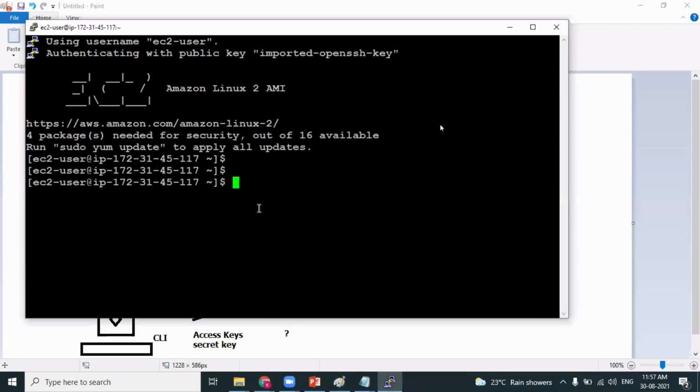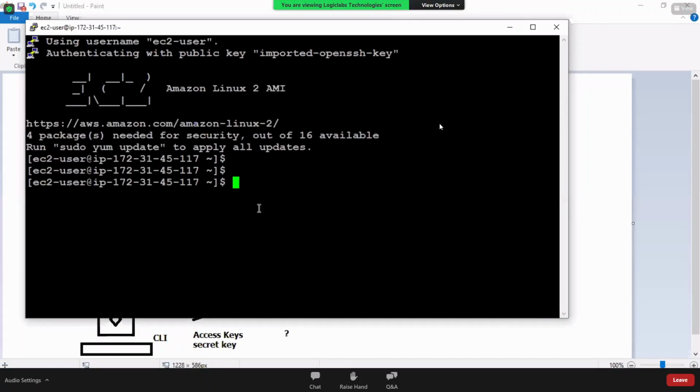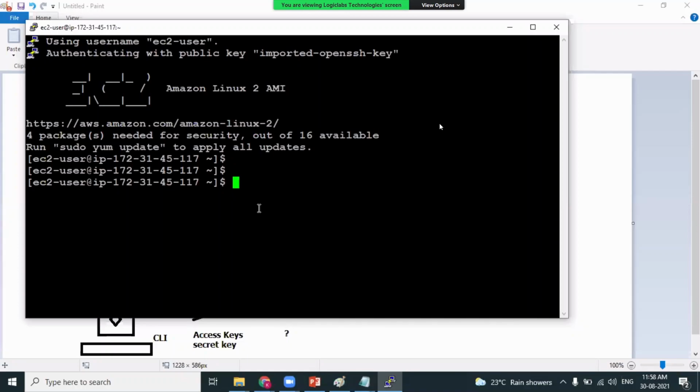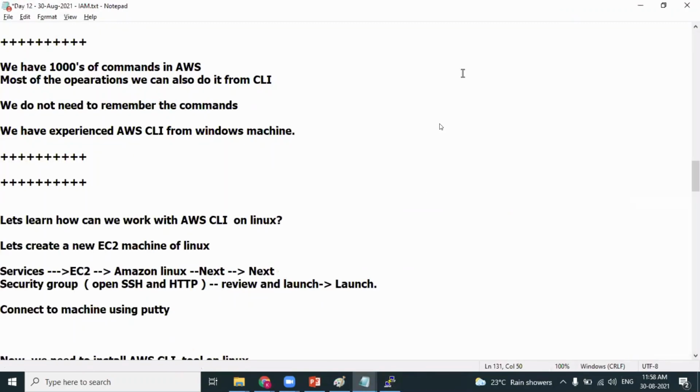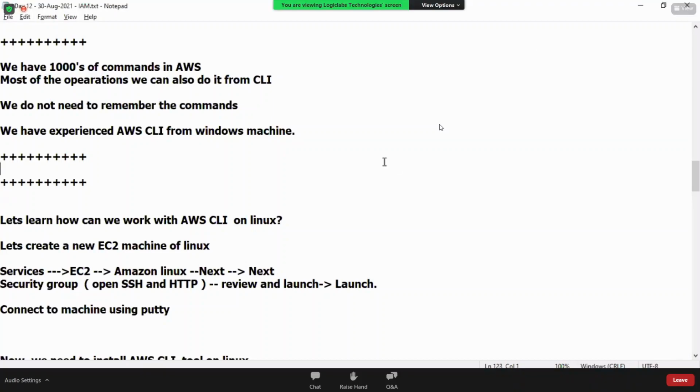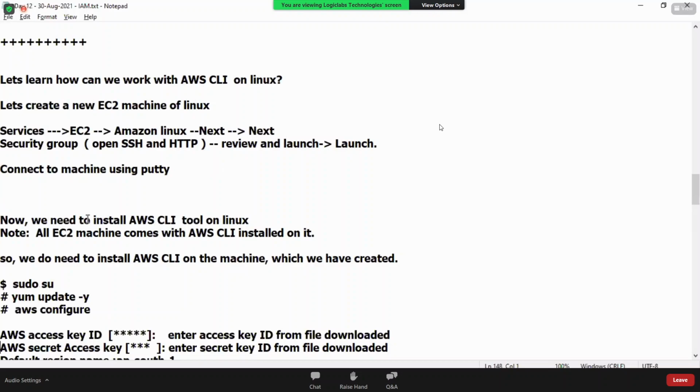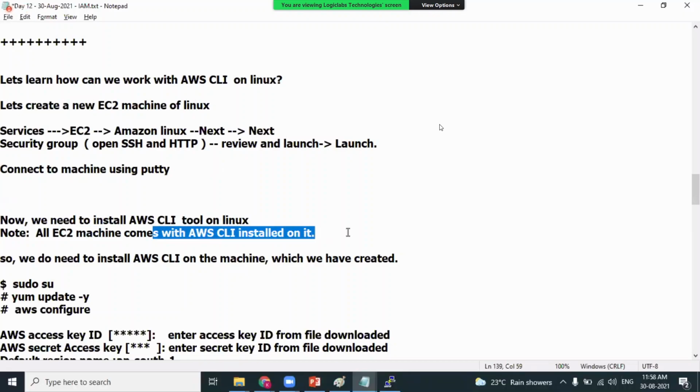But as this is an EC2 machine, these Amazon AMI images are already pre-installed with AWS CLI. You do not need to install AWS CLI again. All EC2 machines come with AWS CLI already installed in them.